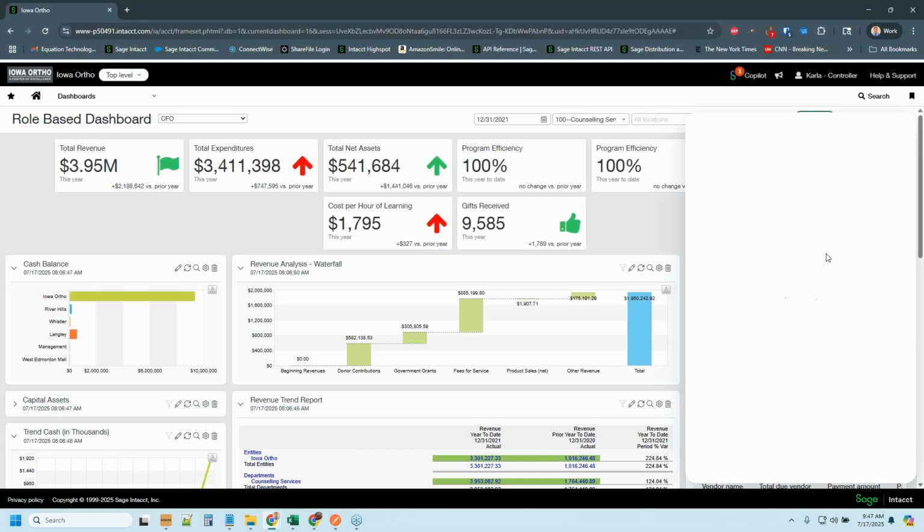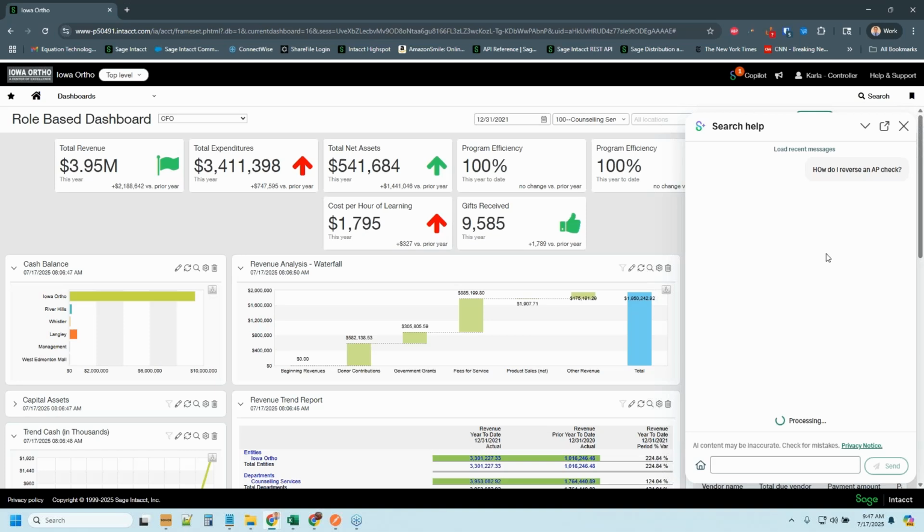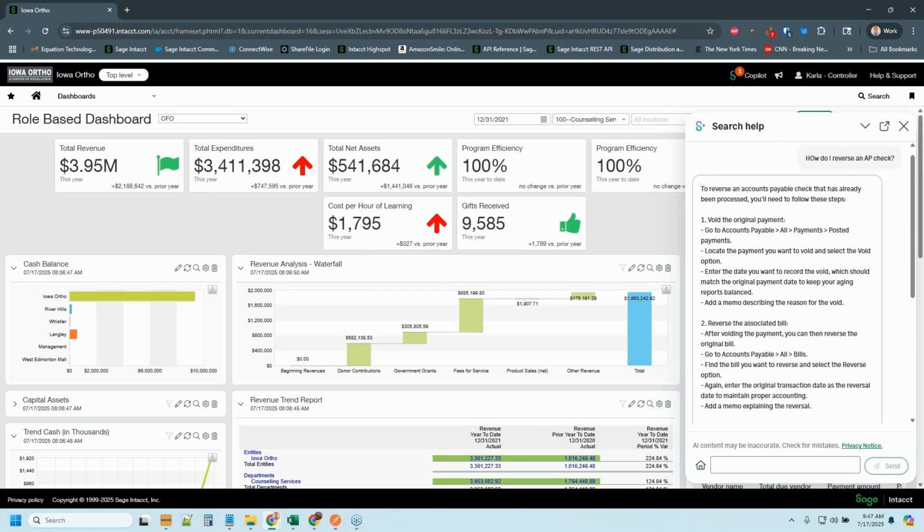So I'm going to click into my search help. Now, this is really unique in that we can essentially use natural language queries to assist us with something in the system, right? So I can come in here and type, how do I reverse an AP bill? Or check, maybe check's a better one, right? So I can ask a natural question. I don't need to go hunt and peck through my help guides or my help documentation. The system is going to use AI here and basically come up with a walkthrough and answer to my question,